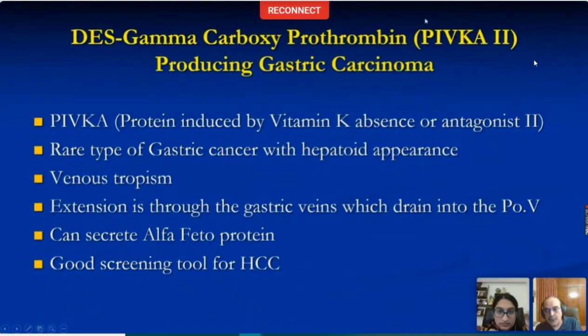And it's important to know, firstly, that PIVKA2 is also a useful marker. It is even used as surveillance in some places for the development of HCC in cirrhotic livers. We don't commonly use it in our country, but if you read Japanese literature, they rely a lot on PIVKA. It's thought to be a reliable marker of HCC development in a cirrhotic liver. It can also be rarely secreted by a variant of gastric cancer, and that particular form of gastric cancer is known to produce portal vein thrombosis.